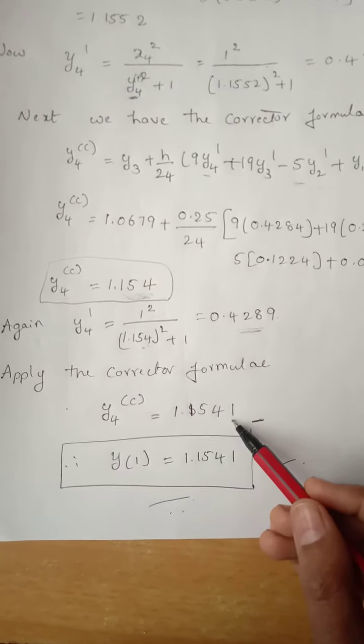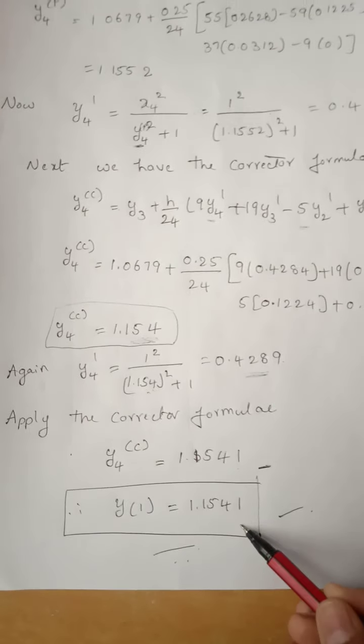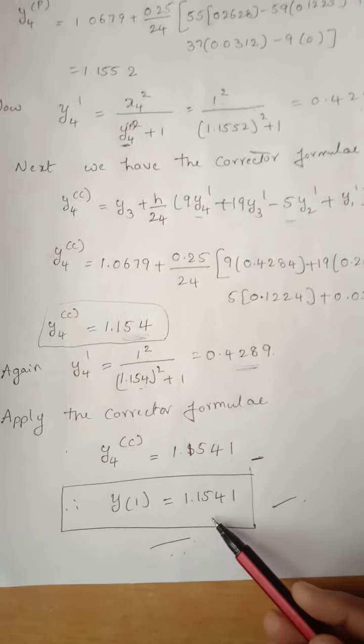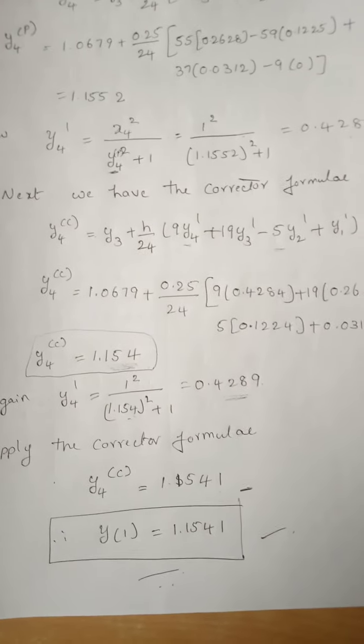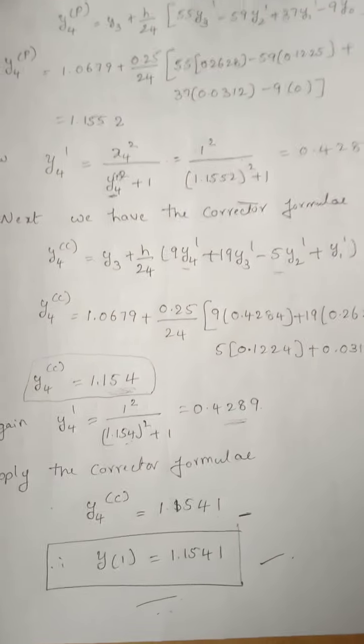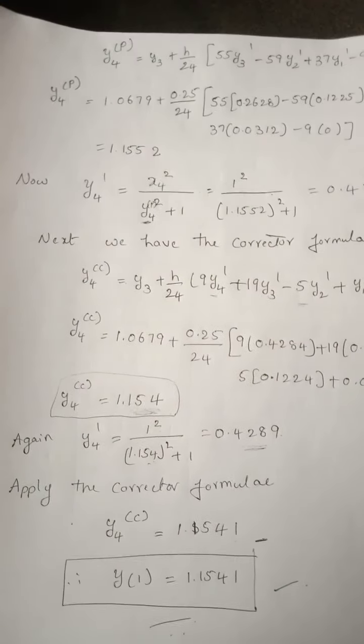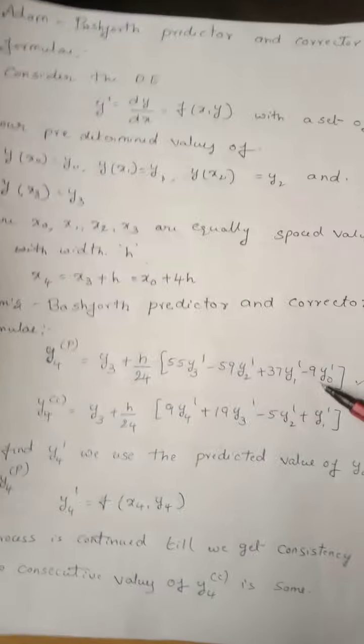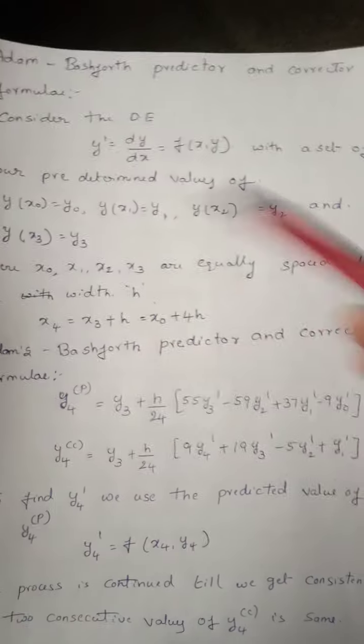So whatever value you got at the end, you have to consider that as the answer. That is, y of 1 value is 1.1545. So Milne's method and Adams-Bashforth method are both the same here, but the difference is only the formula. So the corrector and predictor formulas are different. The remaining thing is